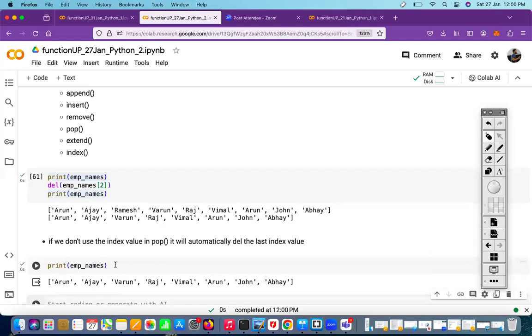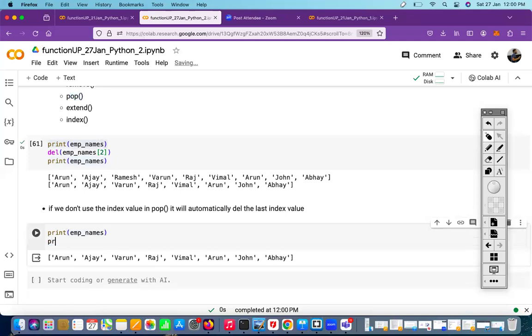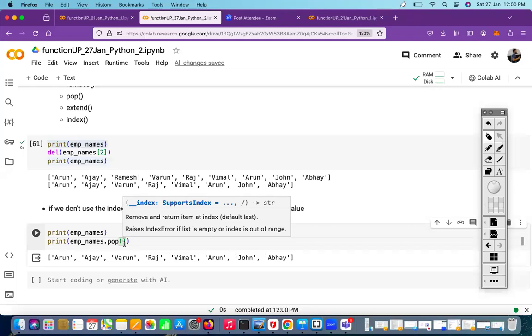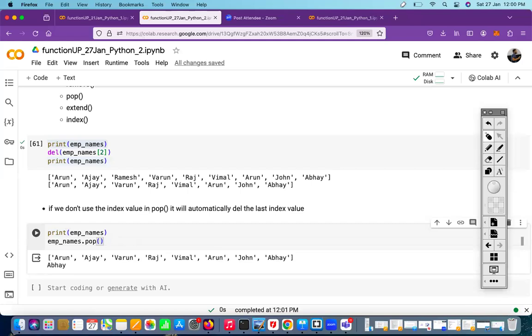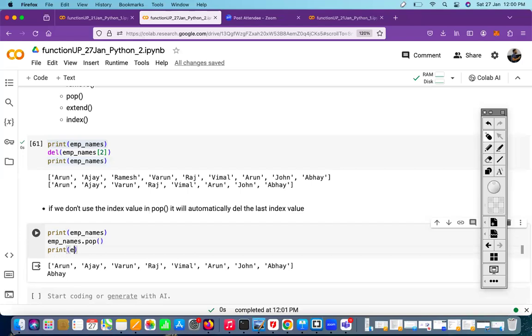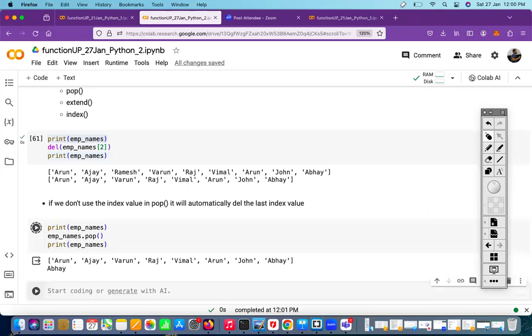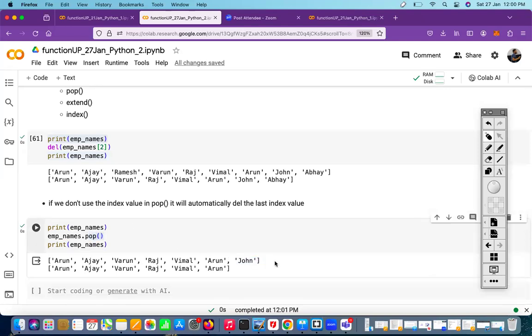अभी आपको कुछ रिमूव करना है इसमें से, तो आपके पास क्या ऑप्शन है? आपके पास ऑप्शन है रिमूव, ठीक है, आपके पास ऑप्शन है पॉप, और आपके पास ऑप्शन है डीएल, ठीक है। अब फॉर एग्जांपल आपने पॉप यूज किया, ठीक है, एंड यू फॉरगॉट टू पास एनी आर्गुमेंट ओवर हियर, आप यहाँ पे कोई आर्गुमेंट पास नहीं कर रहे हो, तो क्या करेगा? ओके, प्रिंट करने की जरूरत नहीं है। जैसे आपके पास एक लिस्ट है, अब देखो यहाँ पे आपने कोई आर्गुमेंट पास नहीं किया, सो इट विल बाय डिफॉल्ट, ओके, इट विल बाय डिफॉल्ट रिमूव द लास्ट एंटिटी इन द कलेक्शन, ठीक है।